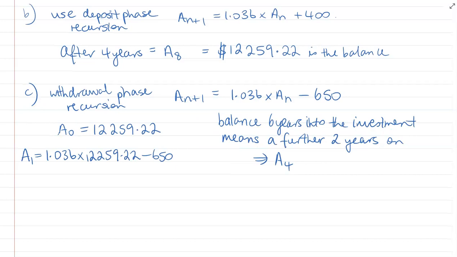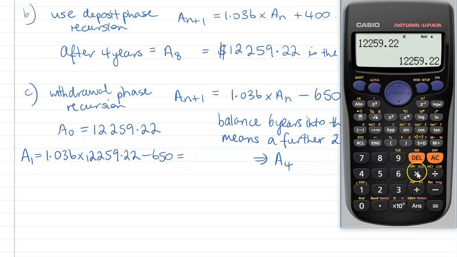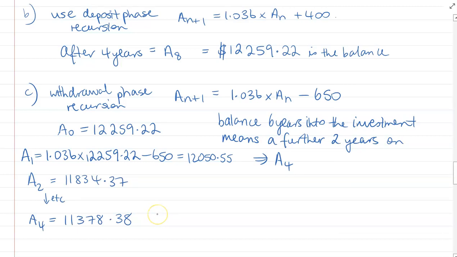Because you're applying a new recursion formula, make sure you demonstrate a calculation. So enter in your new principal amount, multiply it by the existing rate of 1.036 and minus the payments that are coming out now. So after a further 6 months, we're on $12,050.55. A year after, year and a half after, 2 years after, so our 4th recursion. So after a further 2 years on, in other words 6 years into the investment, the balance of the investment account will be